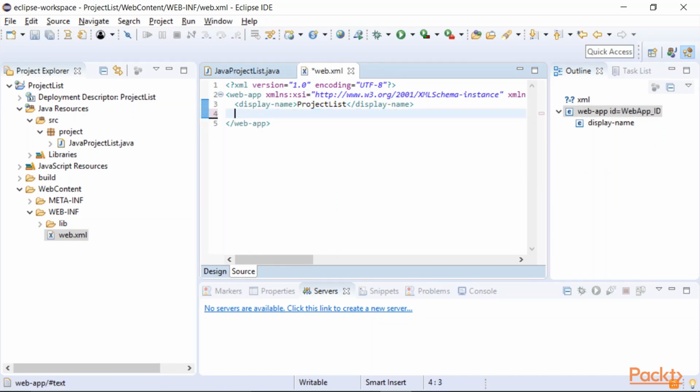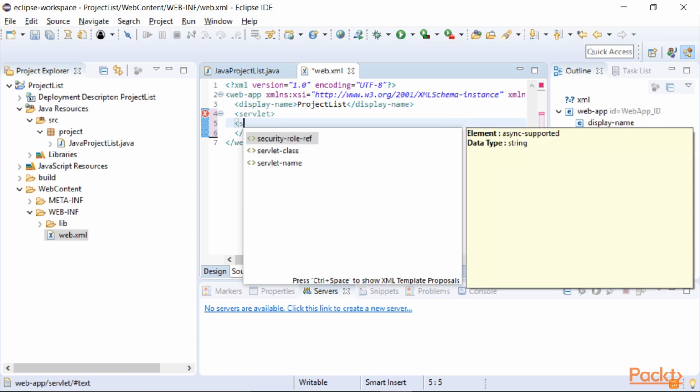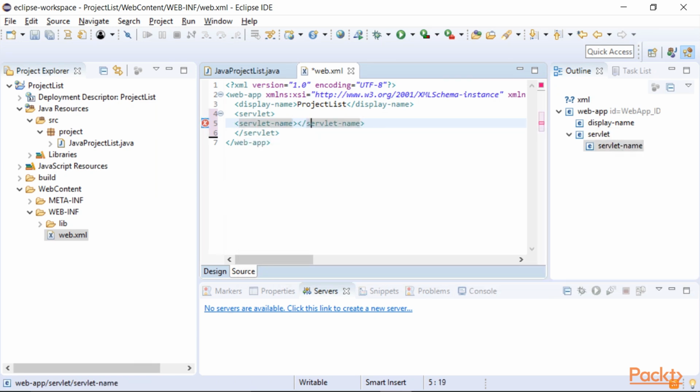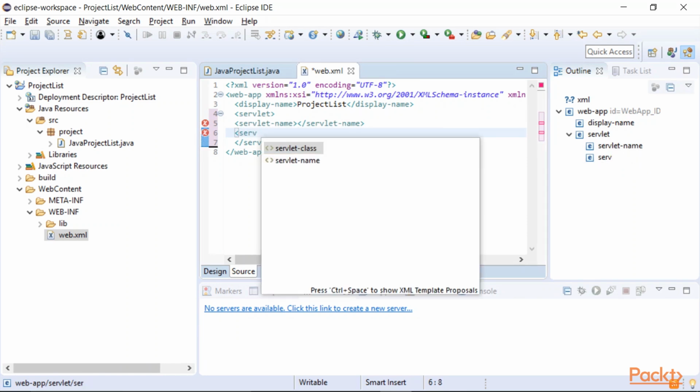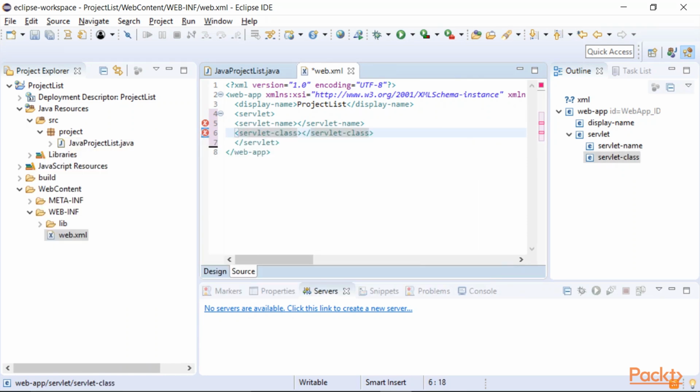So here we will define our servlet, and servlet name and servlet class. Servlet name can be anything like our Java project API, but for servlet class you need to go